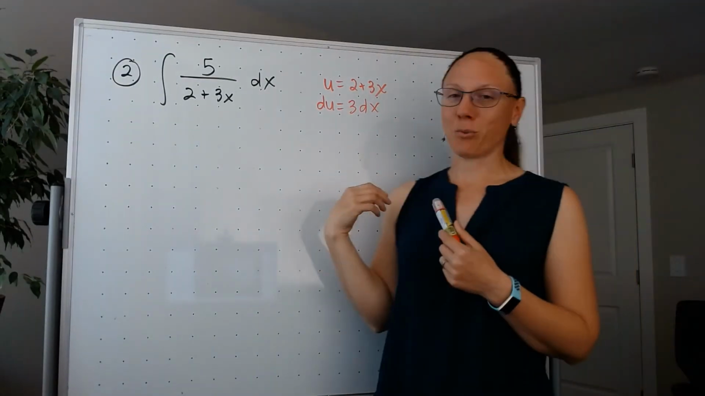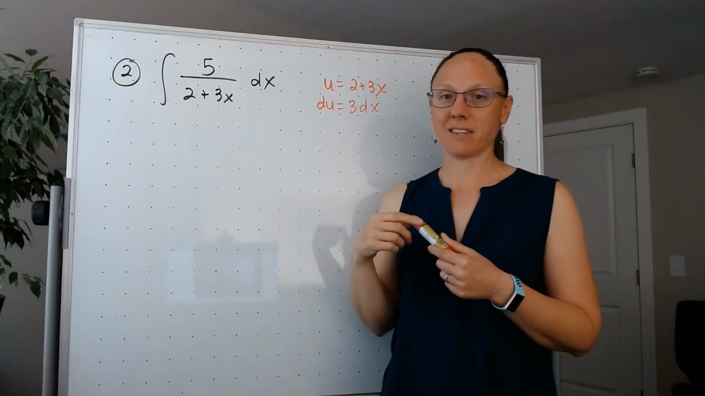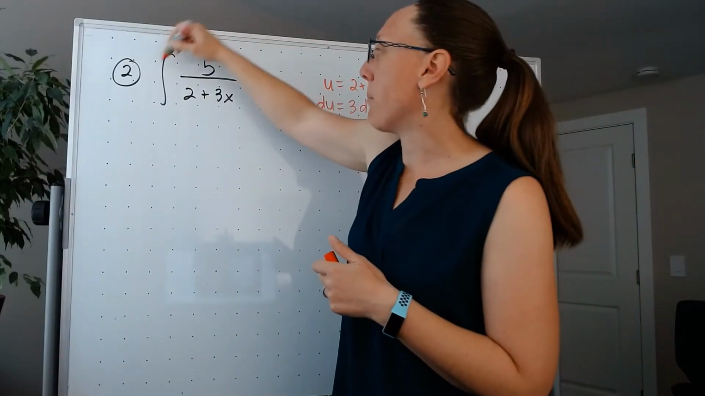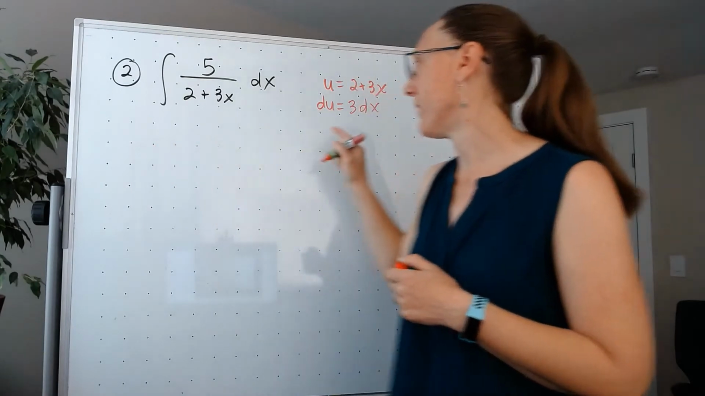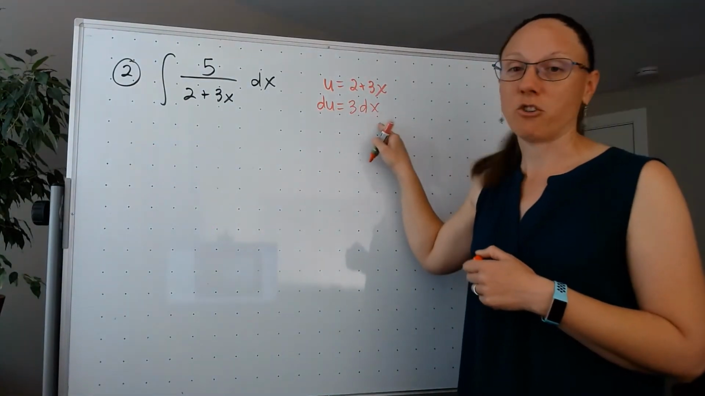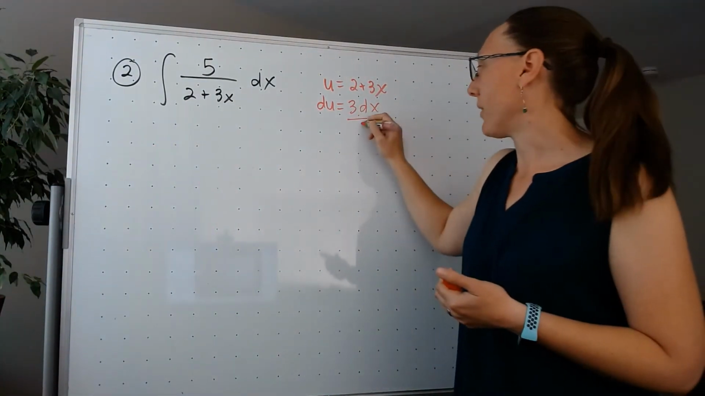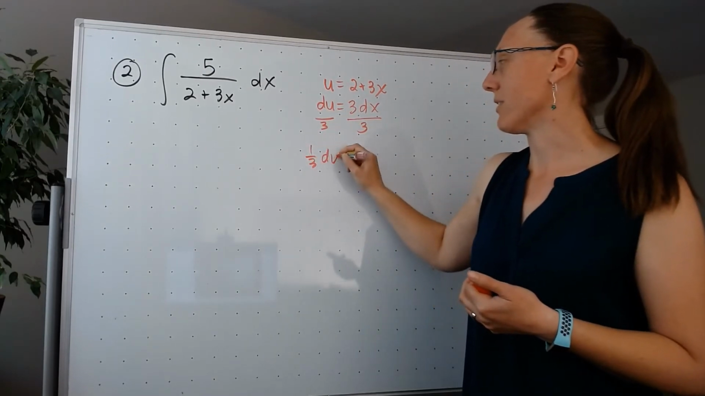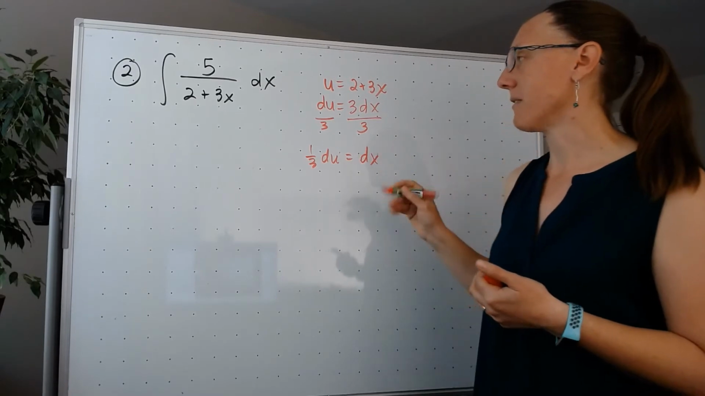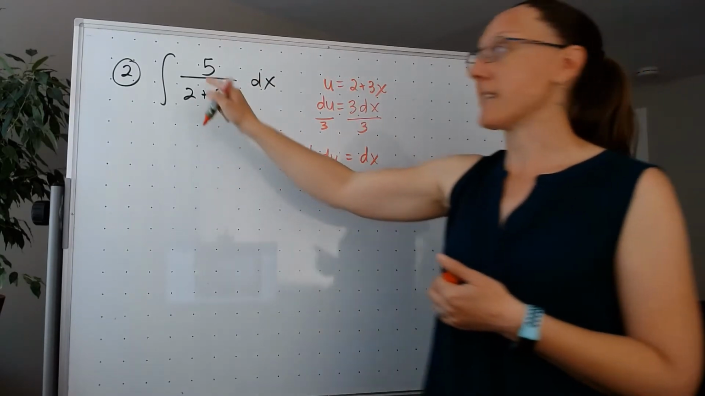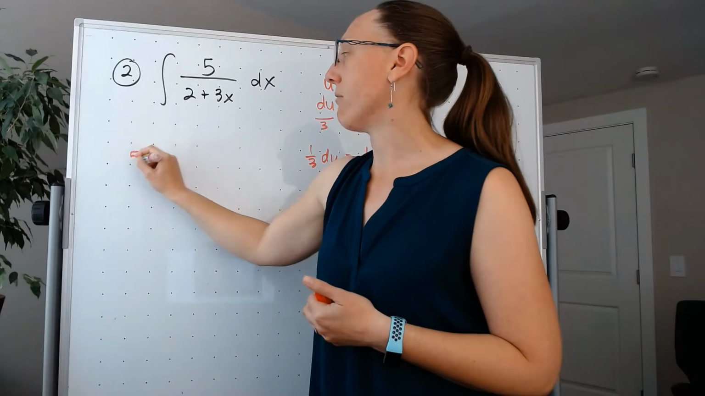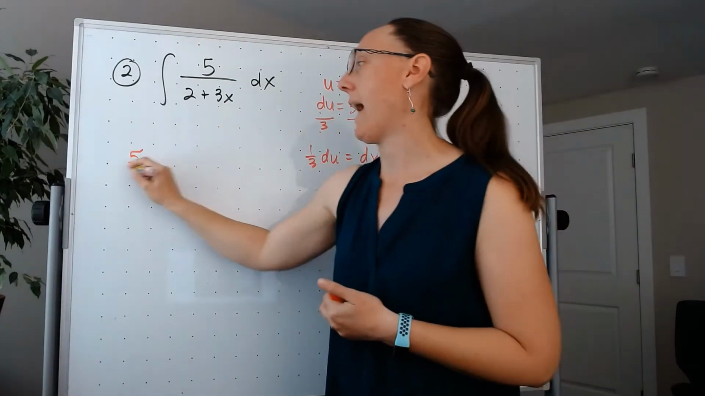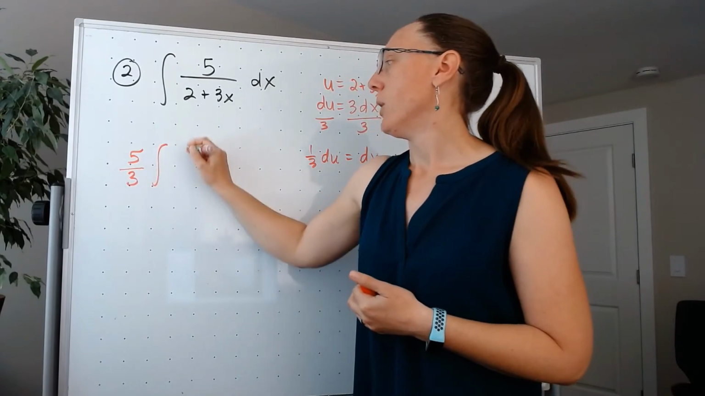Well, I almost have a 3dx. I actually have a 5dx. So I'm going to do this in 2 steps. I'm going to take that 5 and pop it out in front of the integral. And over here, I'm just going to translate the dx. I'm going to divide both sides by 3 so that I get 1/3 du is equal to dx. That means that when I rewrite this, that 5 is popping out in front of the integral. I'm going to put that 1/3 out in front of the integral too,